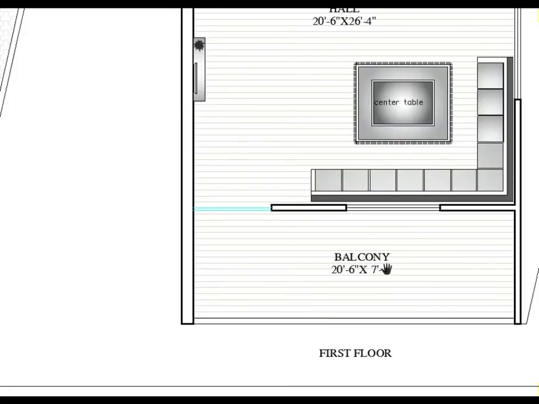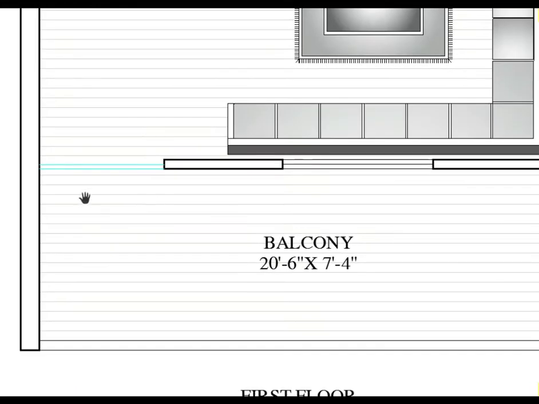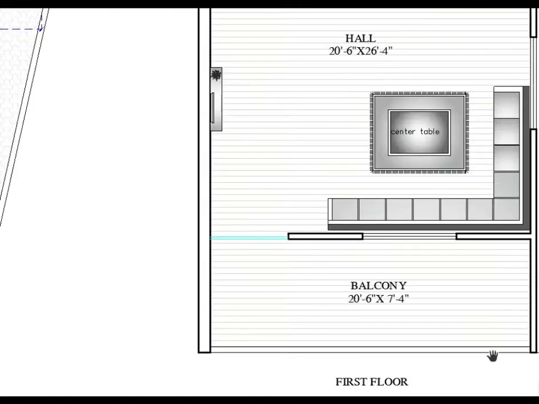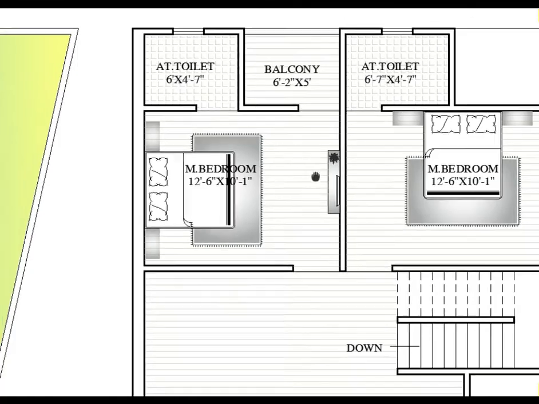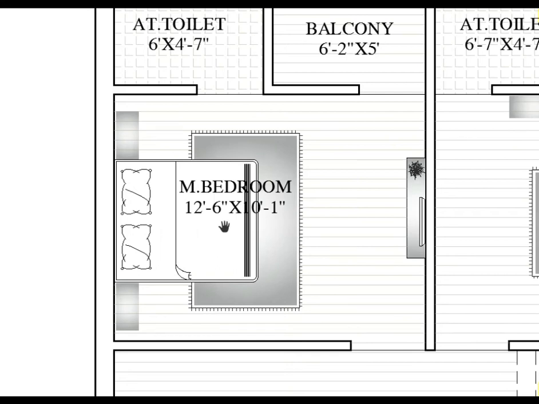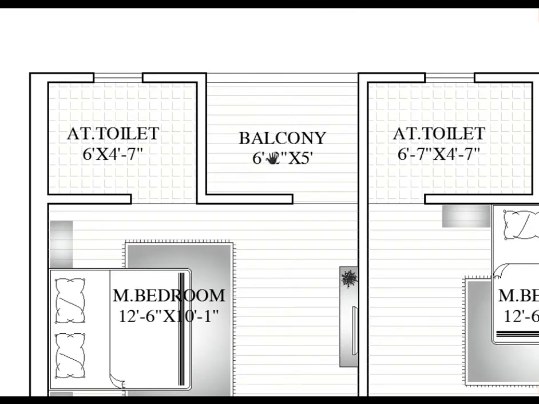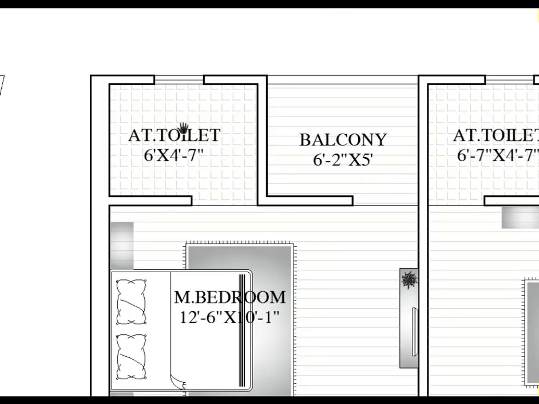At the back of the drawing room is a balcony space for sitting. It is 20 feet 6 inch horizontally and 7 feet 4 vertically. And this one is the master bedroom, and this one is also a master bedroom. The master bedroom is 12 feet 6 by 10 feet 1, meaning horizontally 12 feet 6 and vertically 10 feet 1. Here is the balcony space and here is the